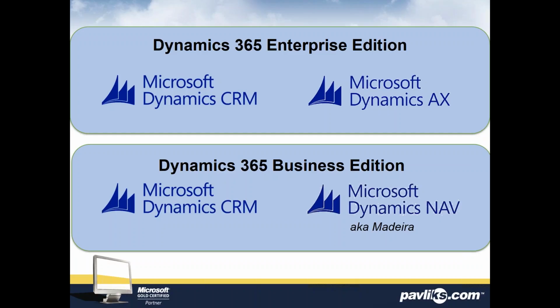So essentially what Microsoft has done is created two variations of Dynamics 365. We're going to be talking almost exclusively today about the Enterprise Edition. And that's because the Business Edition of Dynamics 365 is not fully baked yet. It's not really done. It's not actually available in many forms at the moment. And I think for most everybody on the phone today, it's the Enterprise Edition that you'll be concerned with. And Microsoft draws a line and says their focus is Enterprise for businesses of 250 users and up, and Business Edition will be below that.